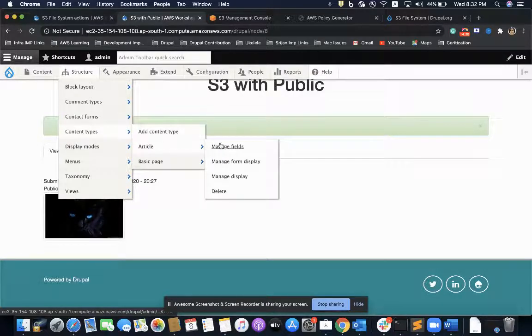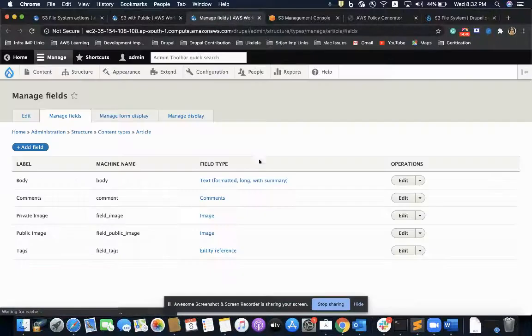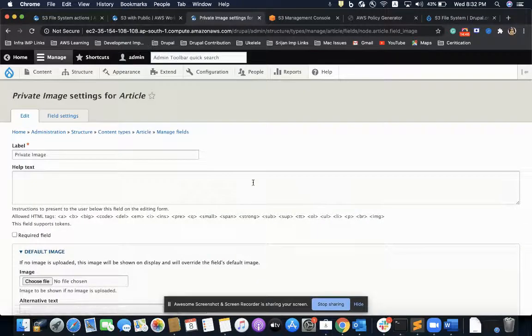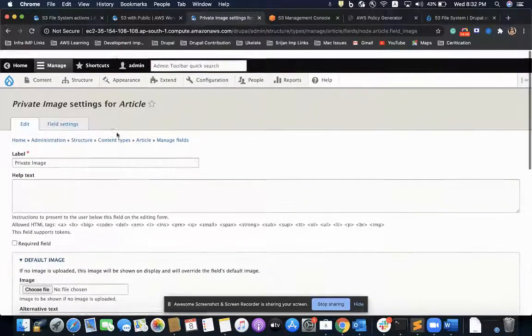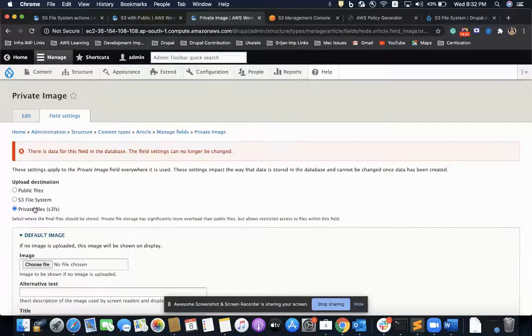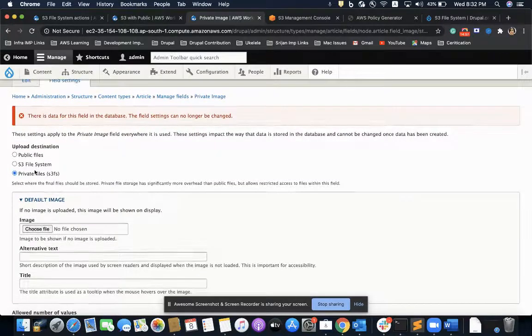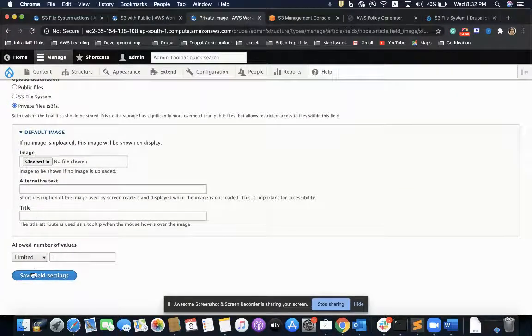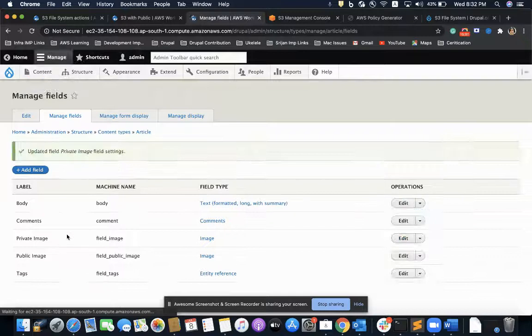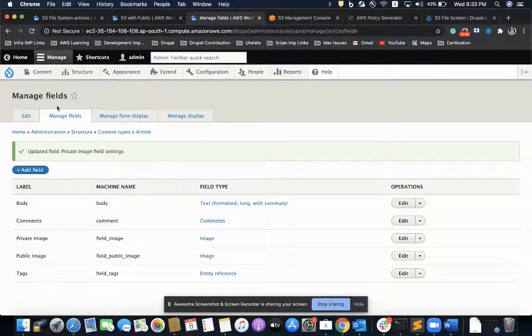I'll go to my image configuration. I have created a separate file called private image, and I'll go to the settings and set private files s3fs as the option to save this file. So whenever I upload any file, it should save in my S3 bucket instead of my Drupal file system.